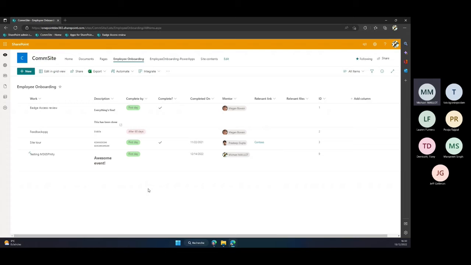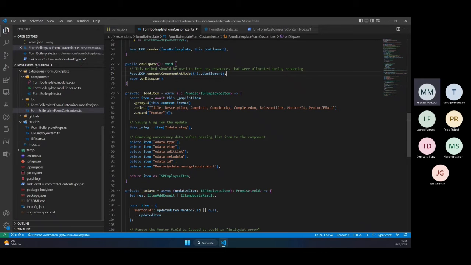Let me show you. Here we saw that when I click on my item, I'm redirected to the SP list form with my component, which is hosted in the SharePoint Online Tenant app catalog. But I also started a local environment, which is currently running. And if I'm taking once again my form customizer,